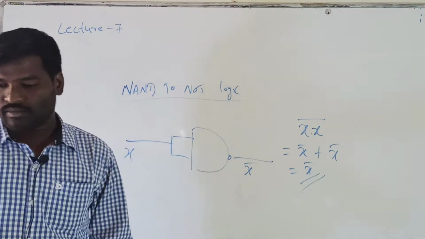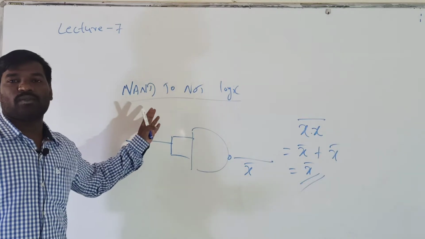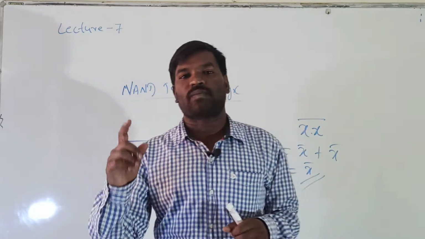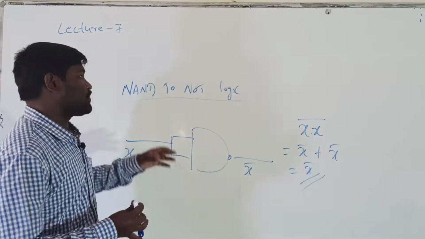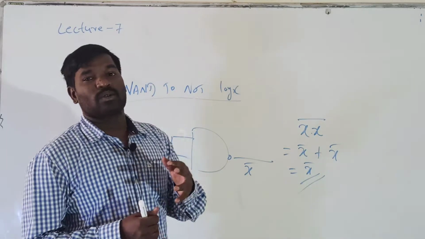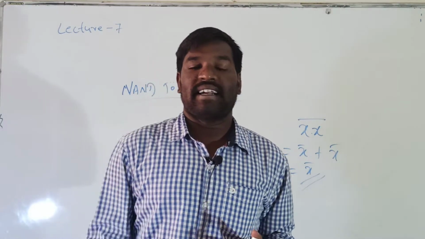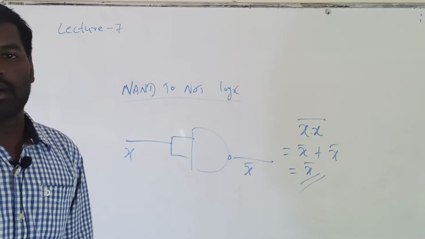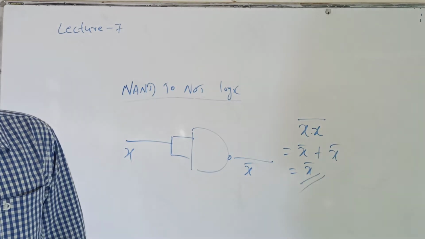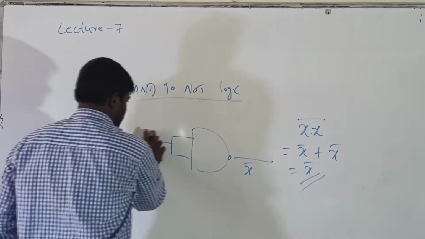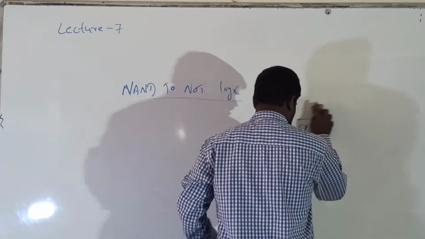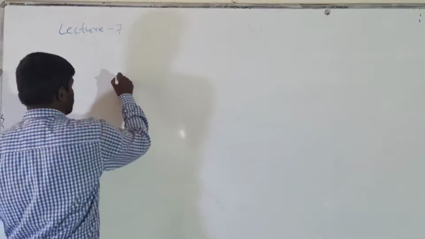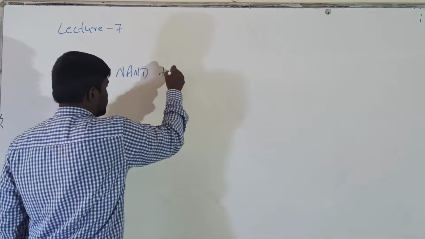Okay, second one is, so this is very important for the 3 marks. So with respect to NAND, we can draw the circuit diagram of NOT, OR, AND. And another one is with respect to the NOR gate, we can draw the circuit diagram for NOT, OR, AND gate. Okay, so one question is compulsory in the final examination, NAND and NOR. Second one, AND operation. NAND to AND.